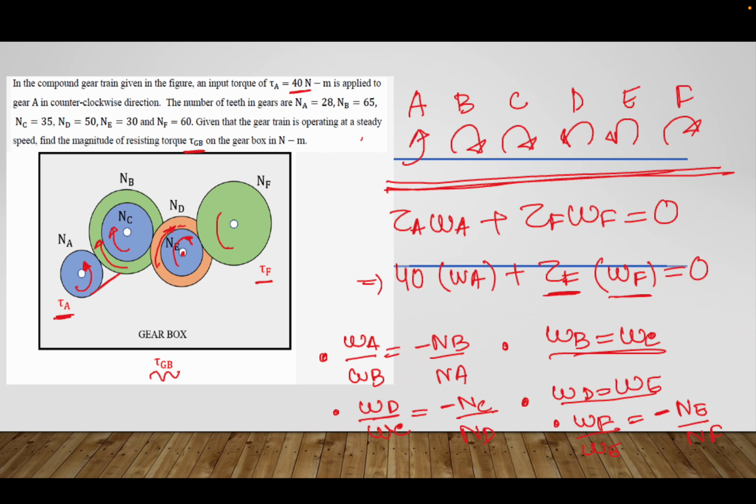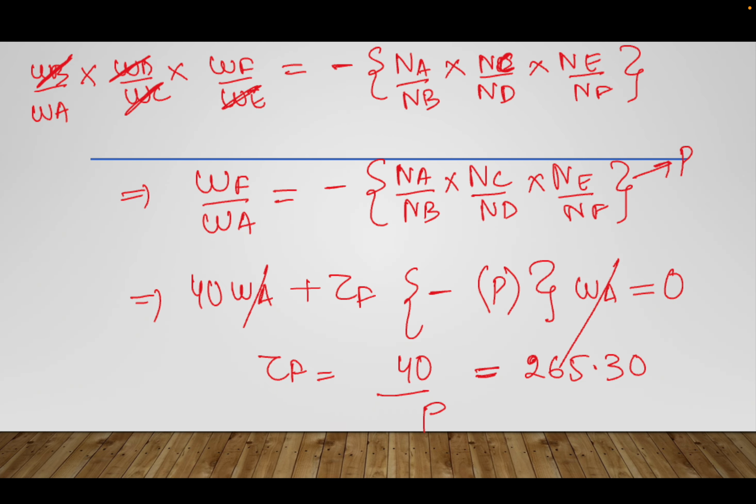So if we substitute the value of omega f in terms of omega a in this equation, you can see 40 omega a plus tau f into minus p, which is this, into omega a is equal to 0. So omega a will cancel, and then tau f should be equal to 40 upon p. Now you can evaluate this p because all the numbers have been given. Those who were present in the class, I asked them to do it, and when you find the value of p and divide 40 by that value, you will get the value of tau f, which is equal to